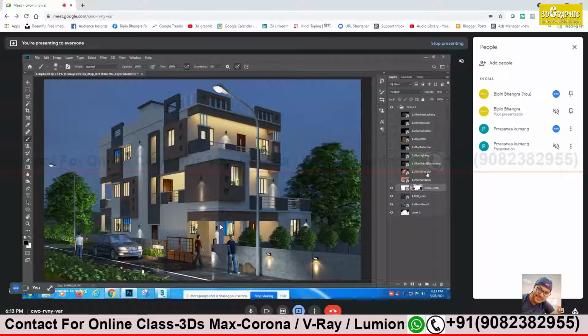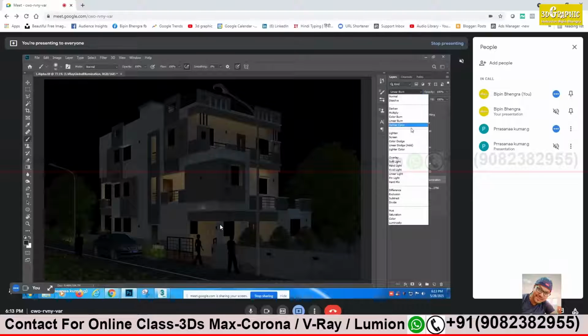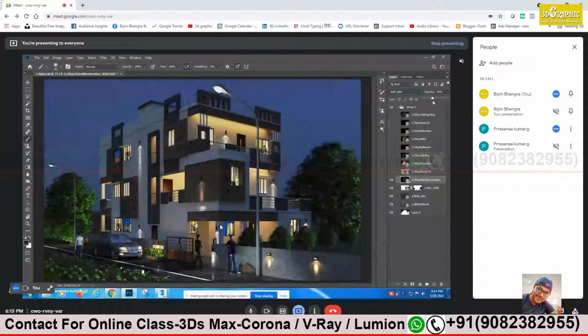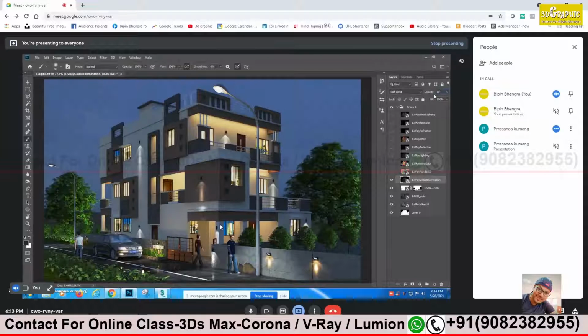Go to the next pass. Next is global illumination, right? Yes. Now see this global illumination and virial lighting. These two give you a very slight effect of contrast. It will make the texture look more contrasty. But use very little, maybe 5 or 10. Otherwise, it will make your scene very dark. It will add contrast to your scene. And virial light also, 5 is sufficient, I think. Very few.